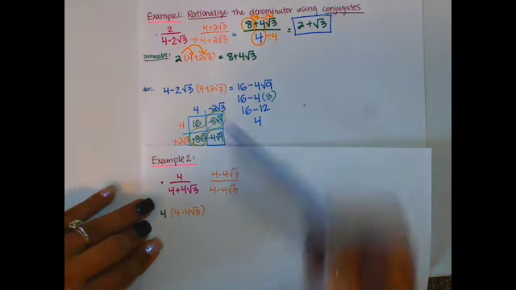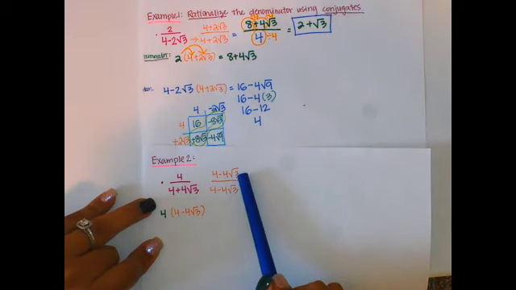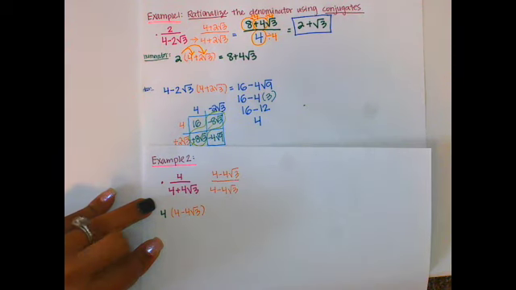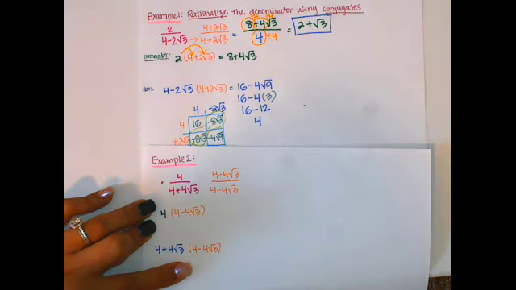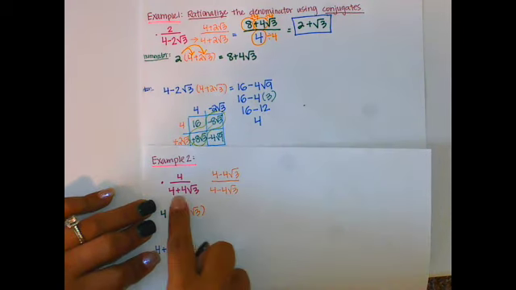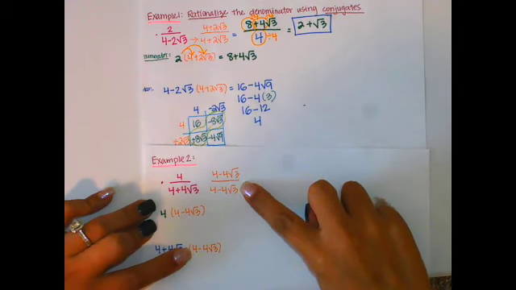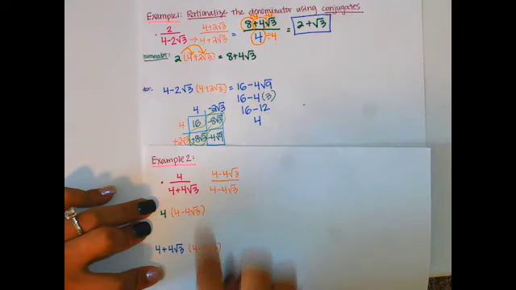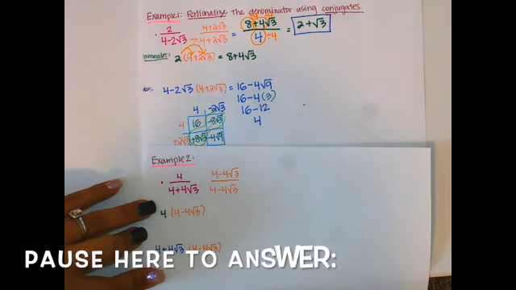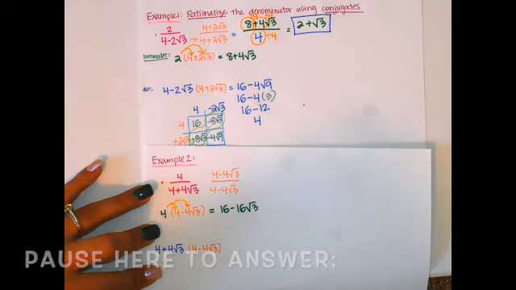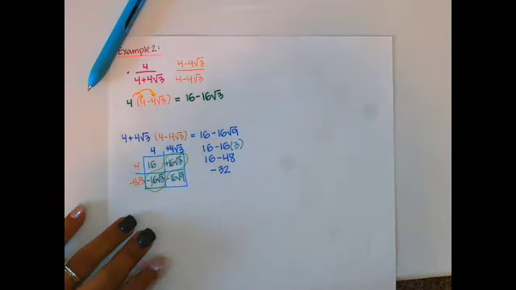As your new numerator, you should have the 4 from your original numerator times the conjugate that you just found. Now, what would your new denominator be? Your new denominator should be 4 plus 4 radical 3 times the conjugate that you found out as well. Now, go ahead and distribute these to find your simplified numerator and your simplified denominator. For your numerator, you should have gotten 16 minus 16 radical 3. For your denominator, you should have